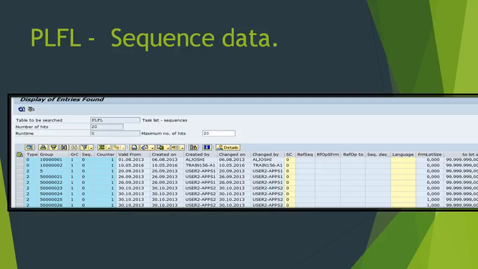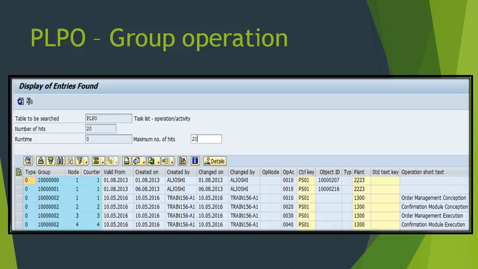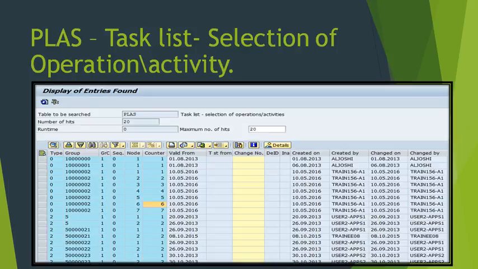PLFL. So this table is used to store the task list sequence information. PLPO is used to store the task list operation activity information. PLAS is used to store the task list selection of operation and activity information.